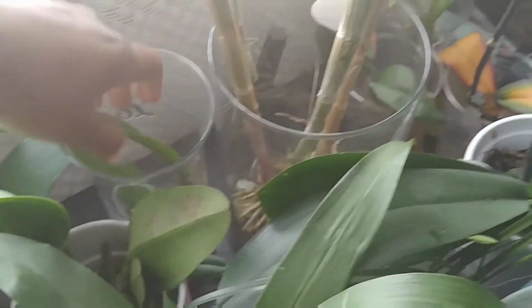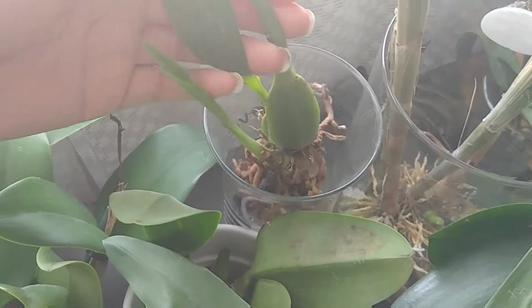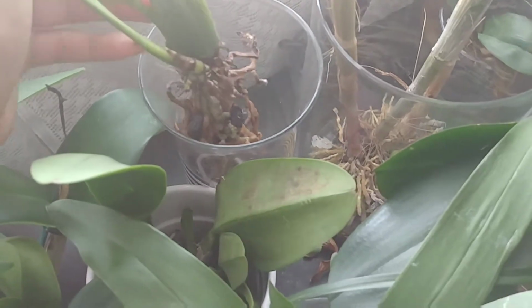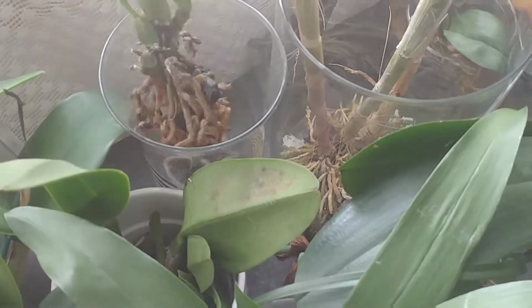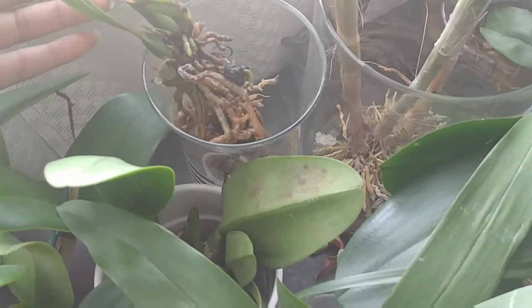Okay, so let's go over to the one and only Zygo that I have. It's producing a new growth here. It had another, the newest growth that it had. I think I might have gotten water in the leaves at the top and it rotted, so I did cut it off. But the rest of it, what's left of it, is doing very well,